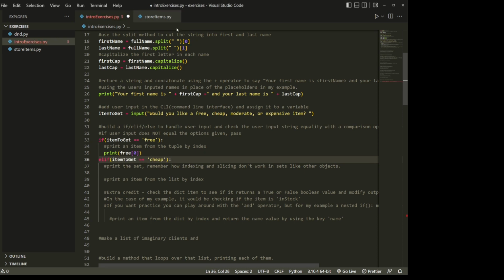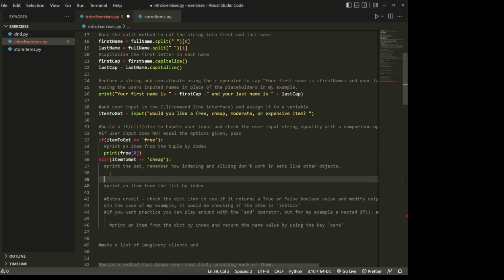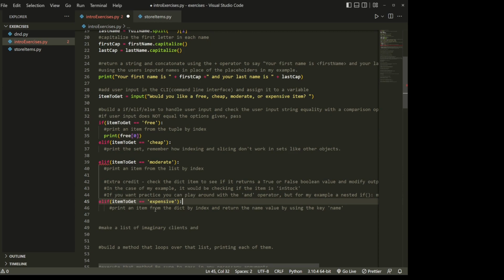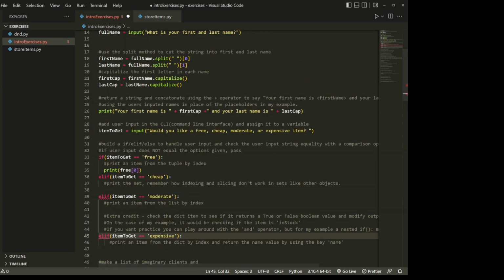And then here we're going to do the elif statement, right? And because we have 4 different things, we have free, cheap, moderate, and expensive, we're going to need 2 elif statements, and we're going to need 2 other statements, the if and the else. So here we'll actually just add this now just to illustrate that. So we know that if we get free, cheap, moderate, or expensive, that we have to do something. So we'll bring this one down here and put it there. So now if we have cheap,